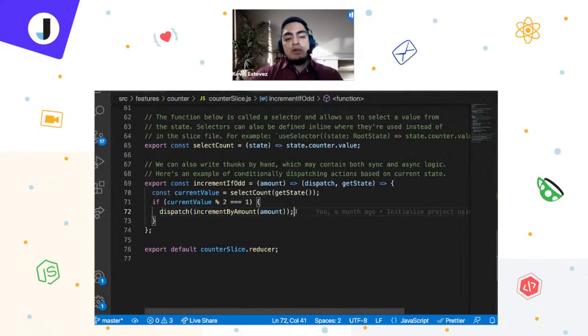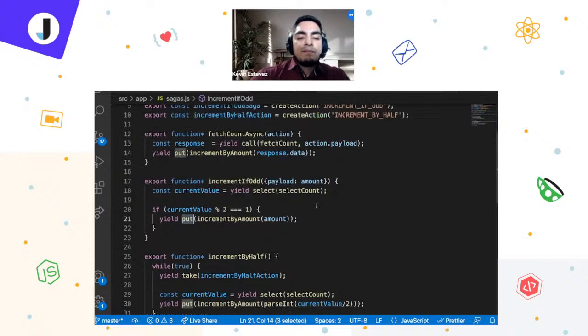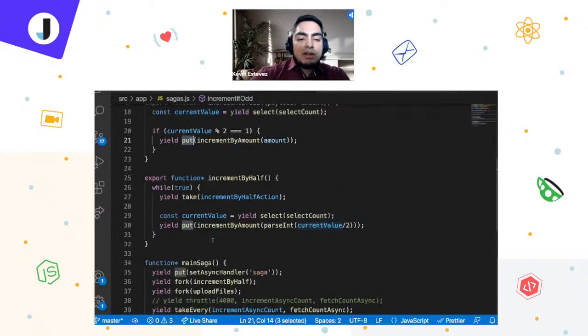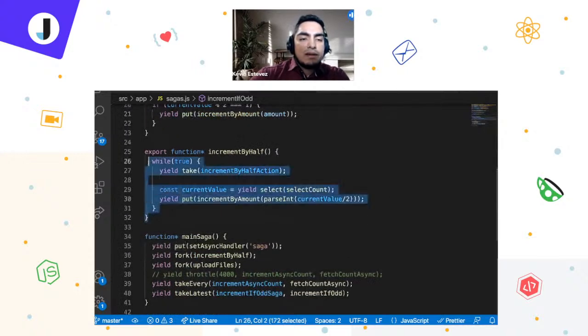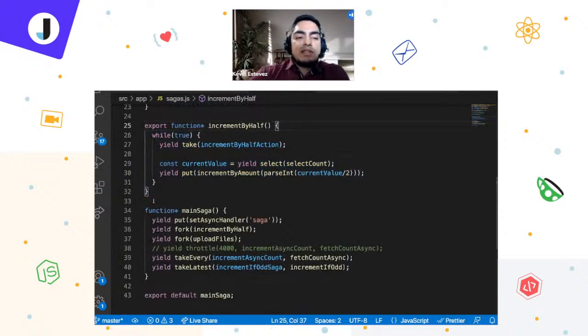Here you can see we are manually dispatching the action, and in Saga, we are wrapping this through the put effect. So the put effect is going to wrap the actions to be dispatched in order for Saga to perform this action. And here we got another complex logic used by Saga. You can see here